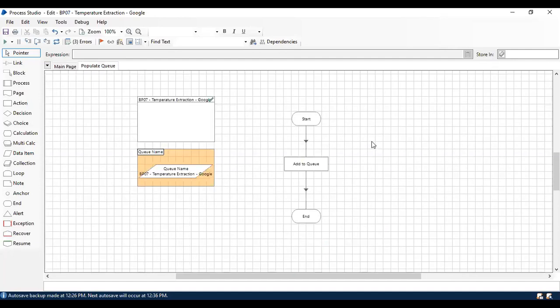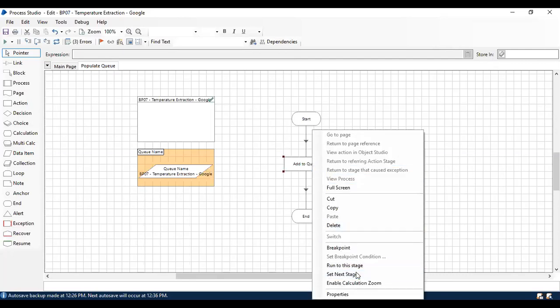Also, you have to keep in mind that creation of a work queue is in the systems tab, and you can manage your queues in the control room, which is the control tab. Under that, you have a queue management concept. I'm going to show you next how to view the items in the control room once you add the items to the queue.